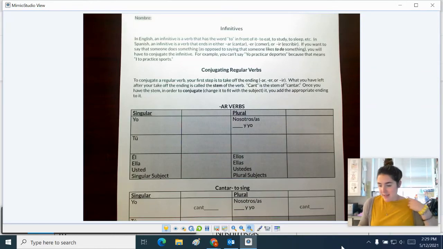Hola, clase. I am going to give you a quick overview on how to conjugate every other verb that we have ever learned on our vocab list. So we know currently how to conjugate 3 verbs. We know how to conjugate ir, we know how to conjugate ser, and we know how to conjugate tener. So we know how to conjugate to be, to have, and to go.